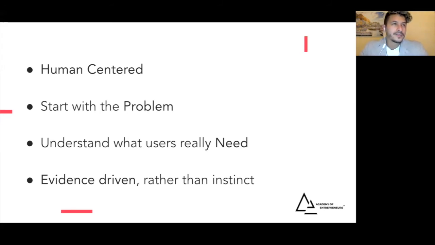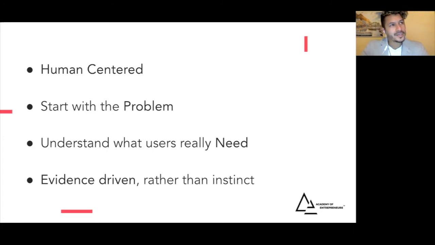Okay, so how do you solve a problem? First, you need to identify what the problem is, okay? And people are not pretty good at telling you their problems, right? You can go to the street and ask someone, you know, what's your biggest problem in your life? Most likely they won't answer that question straight away. But there are ways to understand the needs, the real needs and the real problems that a person is experiencing, okay?